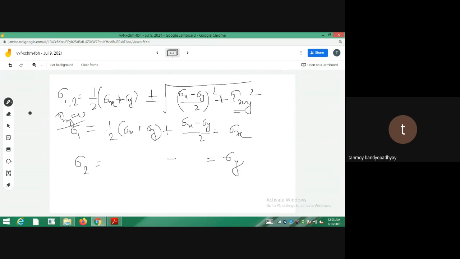So whenever there is no shear on the faces, when tau xy is absent, and you only have sigma x and sigma y on the biaxial stress element, the major and minor principal stresses are sigma x and sigma y themselves. You can just cross check: suppose I have sigma x, sigma x, and on this face I have sigma y, sigma y. See, these faces are free from any shear stresses, so they are actually principal planes. Correct?